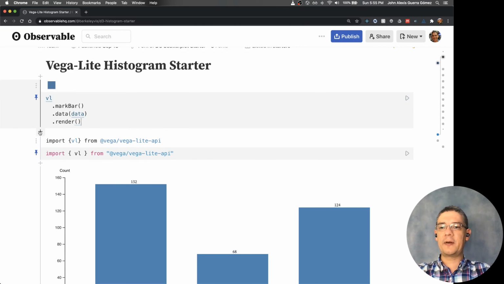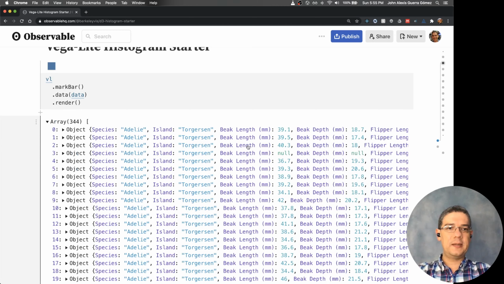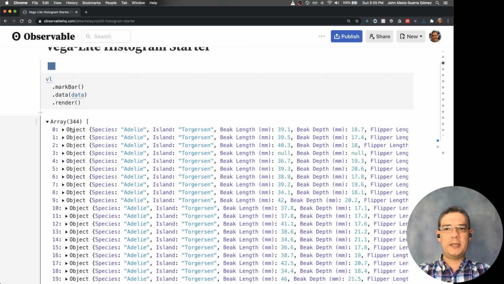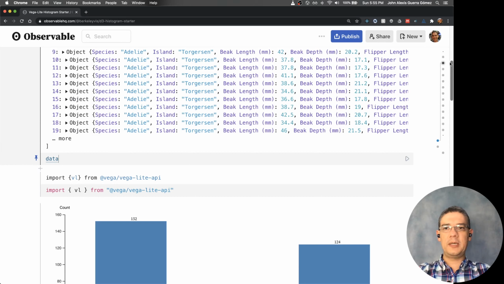Remember that the data that I loaded is the penguins dataset that comes from the Vega dataset package. It contains different penguins with two categorical attributes and four quantitative attributes, as you see down here. You can see how I'm loading that here on this part. So coming back to where we were,